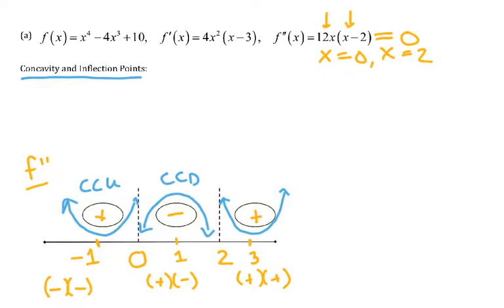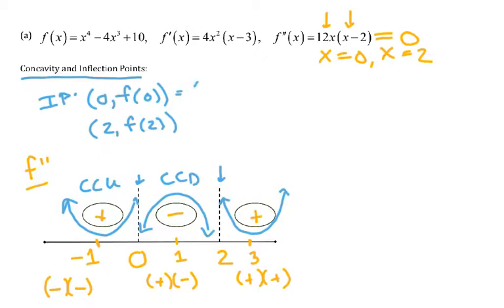So we have two inflection points. I like to abbreviate them IP. This will be at 0 and f of 0, and at 2, f of 2. Why are these inflection points? Because we change concavity. So this is pretty easy to figure out. This is 0, 10. F of 2